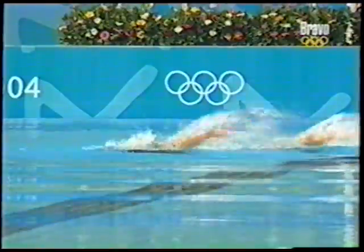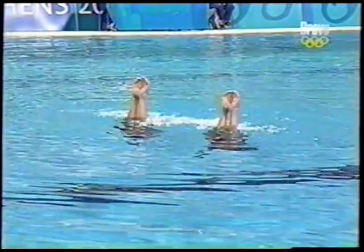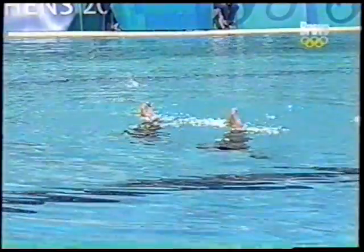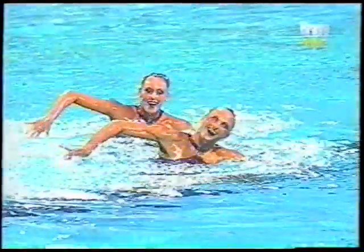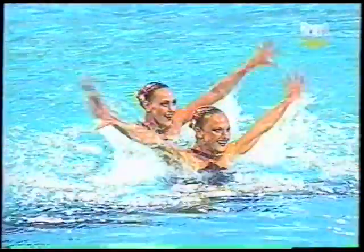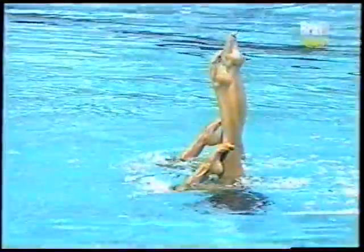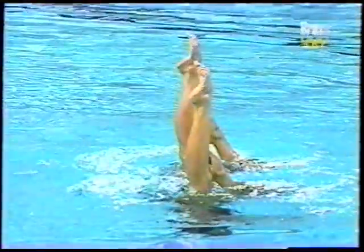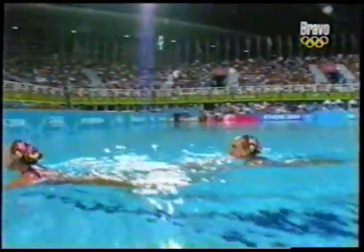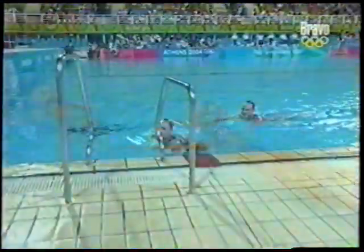They really had a great opening. They were extremely synchronized. As you can see, they're weaving just a little bit to one side on that spin, but the levels were good on the spin. Here's the bent knee vertical with a combined spin. And those levels were pretty well matched. We didn't get a chance to see the whole element, but